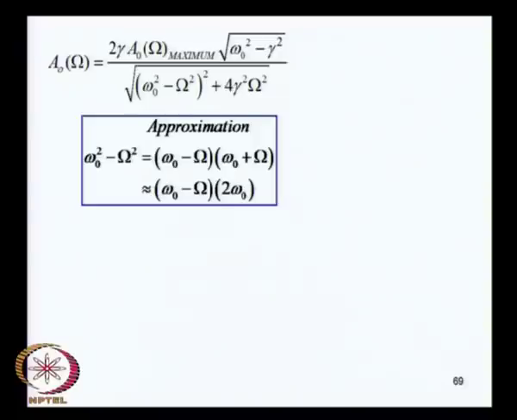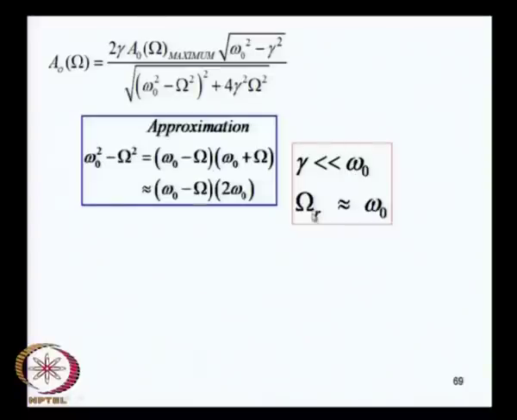So, this approximation is perfectly valid, and we will deal further with such cases when the damping is small, because in physical systems that you work with, like either LCR circuits and so on, or in other mechanical oscillators, you often try to minimize damping. So, gamma is quite often pretty much smaller compared to omega 0,